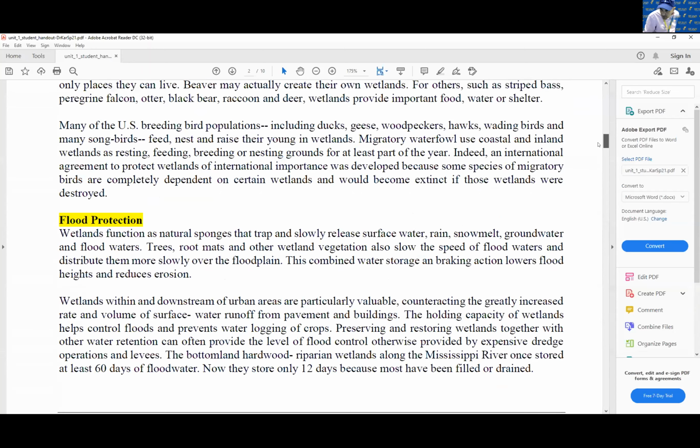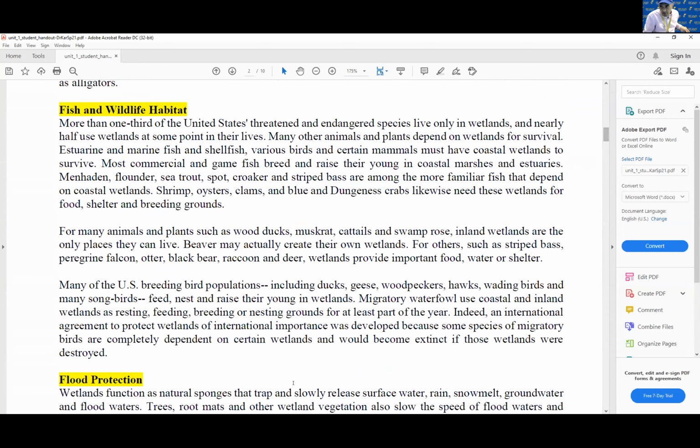Page 3, page 2. Okay, so here you see, this is a sentence. Choose from here. All the 3 paragraphs talk about many animals and plants, many of the US breeding bird population, migratory waterfowl use coastal and inland wetlands as nesting, feeding, and breeding grounds for at least part of the year. So these are the important shellfish, game fish,